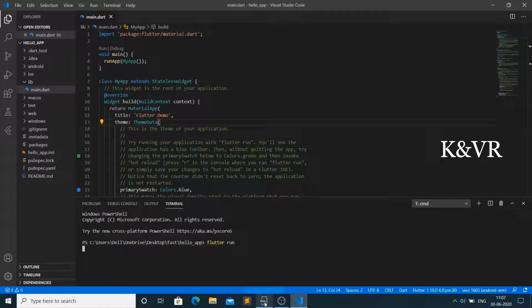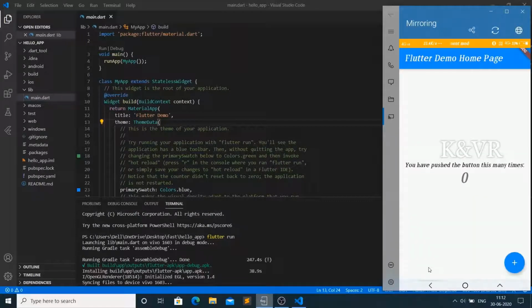It will take time. Just wait 2 or 3 minutes. The first time it will be launching on your mobile. Just see here, I am using a Vivo 1603. When you debug for the first time, it will ask on your mobile to allow app debugging, allow or deny.